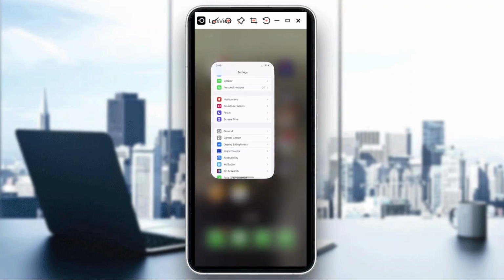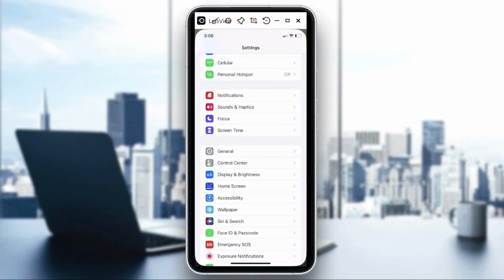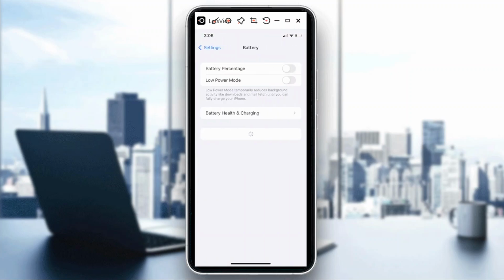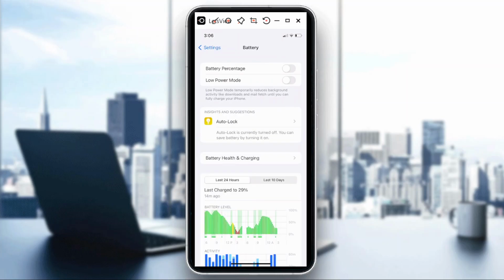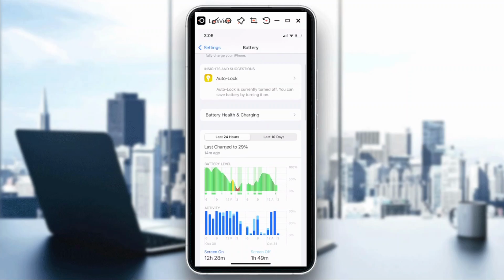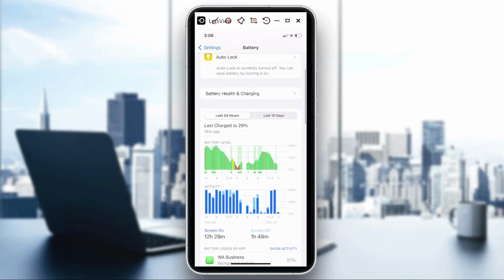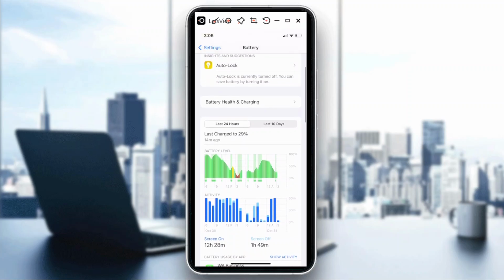So all you need to do, guys, is just go to settings, okay? And then from settings, you choose battery. And then from battery, there's actually an option here that would show you what percentage you are on. So if you want to look at the last 24 hours of details of my battery, it's at 29% 14